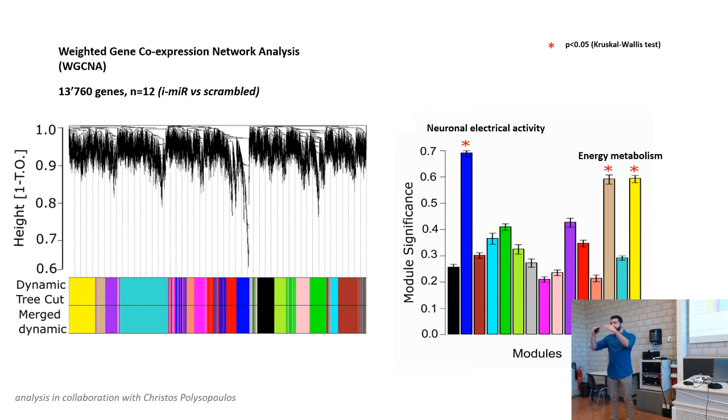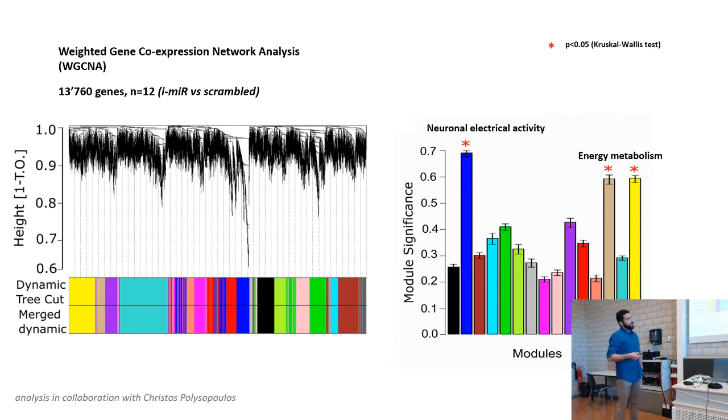It identifies which genes in a given dataset are co-expressed, so they behave in the same way in all samples, and it clusters them into groups. And after that, you can find exactly what these groups are, what kind of genes are in these groups, and which pathways are enriched in these groups. So what I'm showing here is just an explanation of this. Each line is actually one gene. And below, these are the color-coded groups that they have been clustered into.